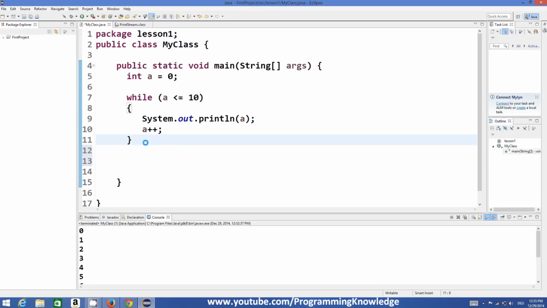Just below this while loop, I will declare one more variable, int b, whose value is also 0. I have initialized a in the last video as 0, and now I am initializing b as 0. Let's see the syntax of do while loop now. First of all, you write the keyword do, and then you write these curly braces, and at the end of your curly braces you just write